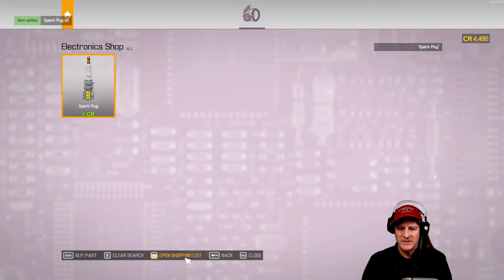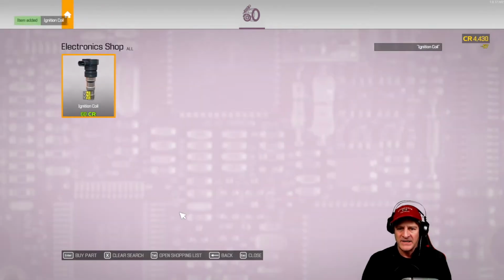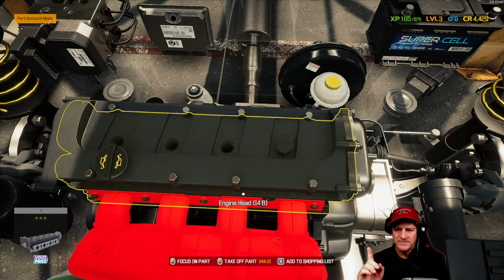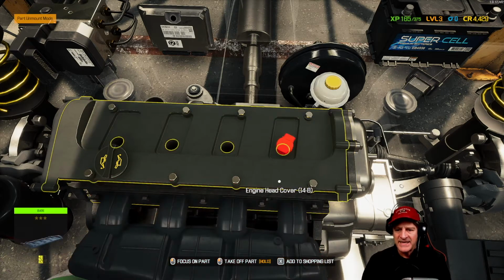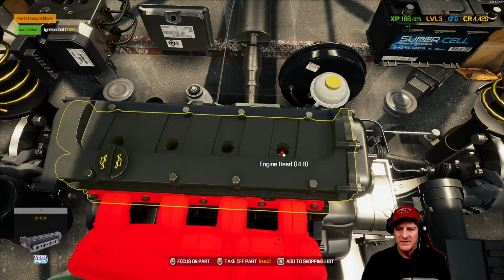Let's open our shopping list. We need an ignition coil right there. 60 credits. No problem. Let's buy that part. Good. And now let's put this back together again. But, one second. I think I'm going to take apart the ignition coil here, and the spark plug I think we